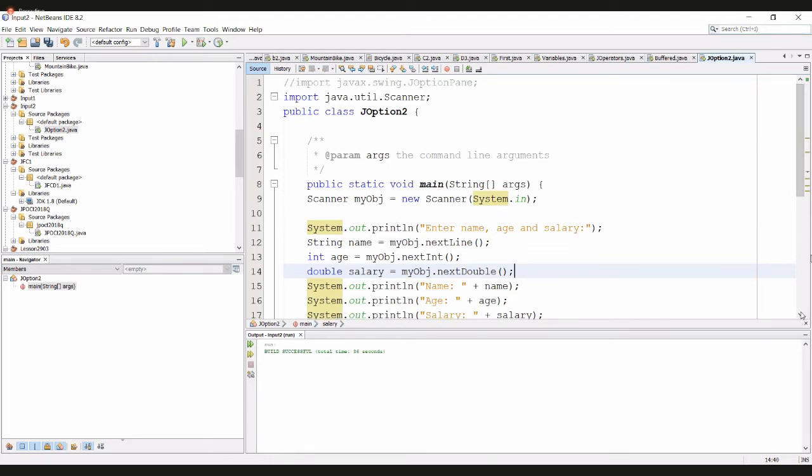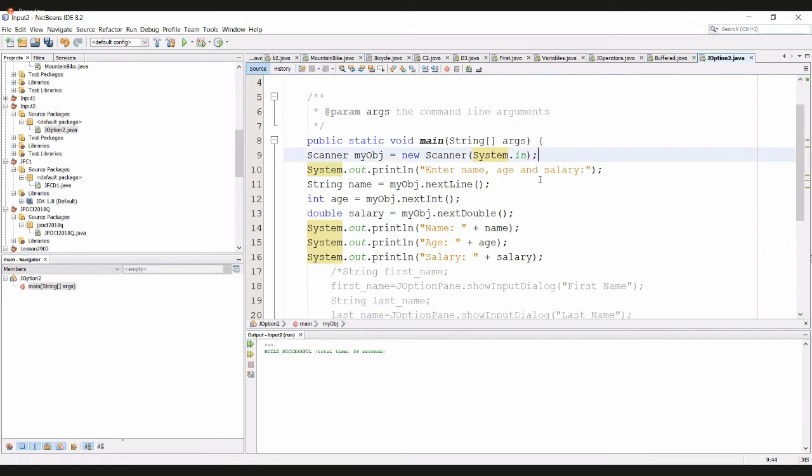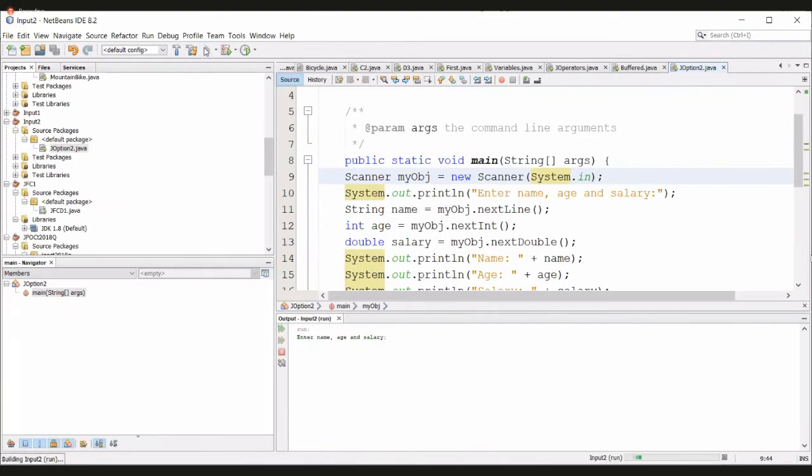That's all. Anyway, how many variables do I have? I am using 3 variables: name, age, and salary. Then I'll save the program and run it. Then the program asks me to enter the name, age and salary. I will enter the